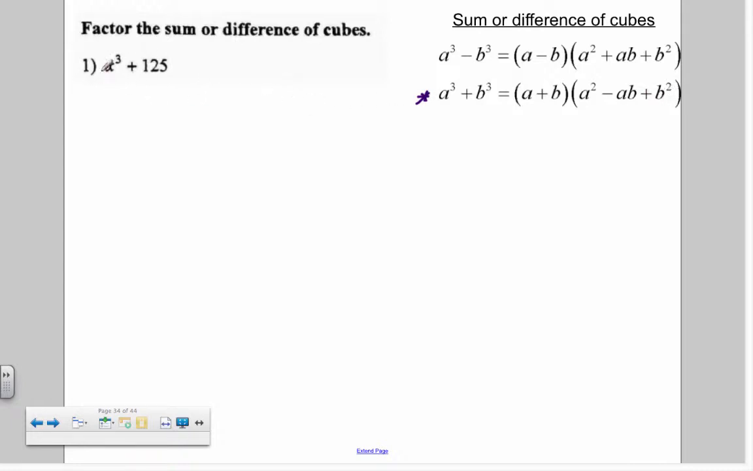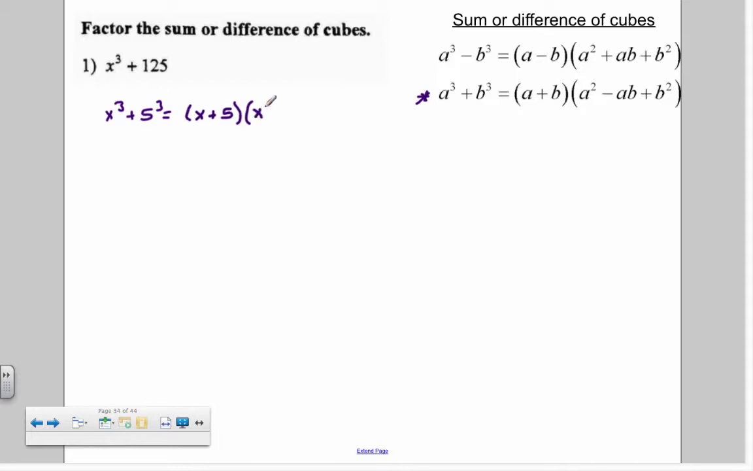So I'm going to rewrite this problem so that it looks more like something cubed plus something cubed. Well, I already have something cubed to start with, x cubed. But I'm going to rewrite 125 as 5 cubed. So now I have my a and my b. And now I can just fill in the sum or difference of cubes rule. So I know that this is the same as x plus 5, because here's my a and my b,